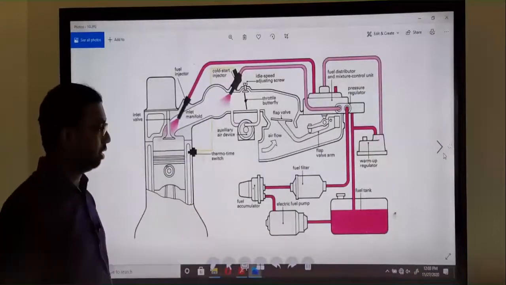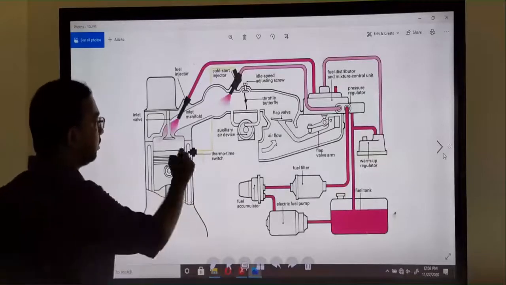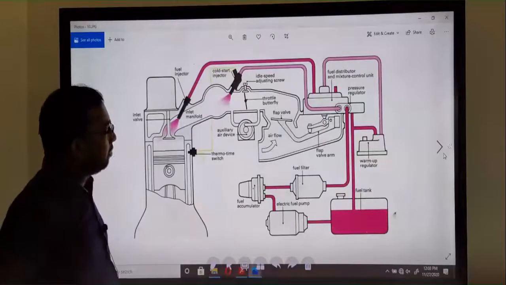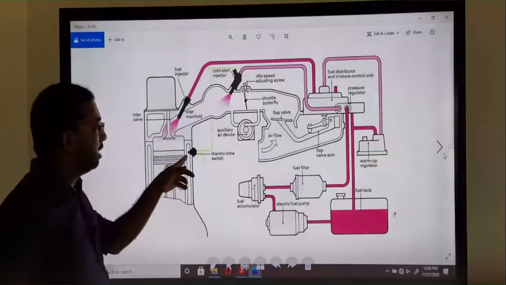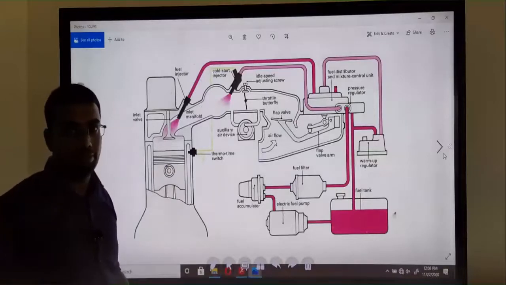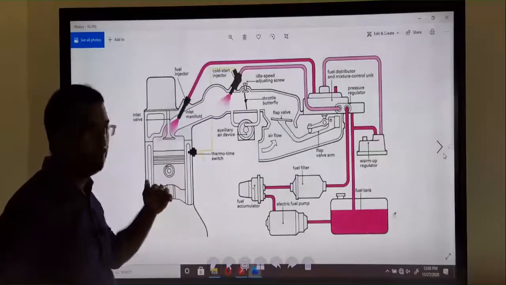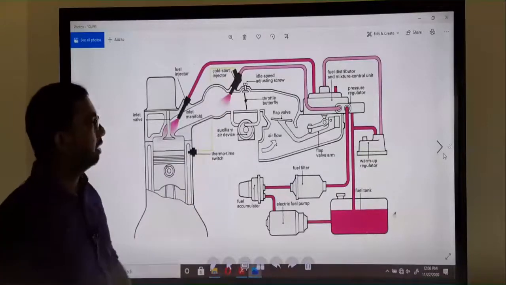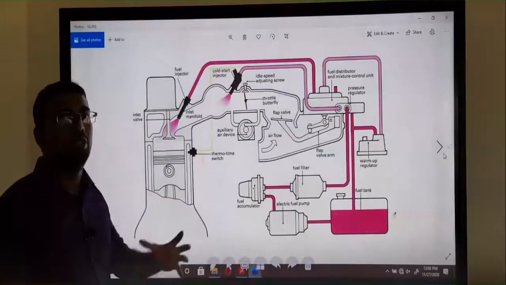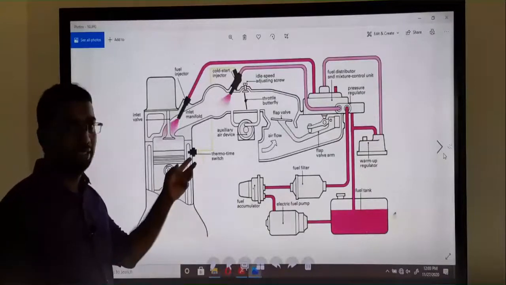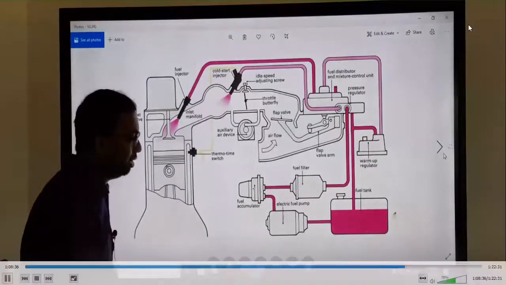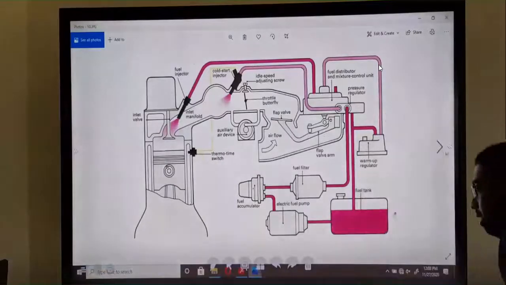It's normally closed; I explained this clearly separately. So it sends a signal to the cold start injector. When the temperature is low, at a particular level in the cold, the thermotime switch sends a signal to the injector. At that time the injector starts to work. Now we can study how this thermotime switch works.